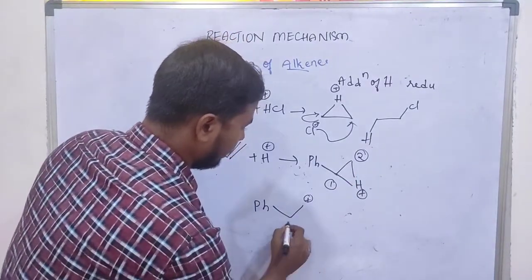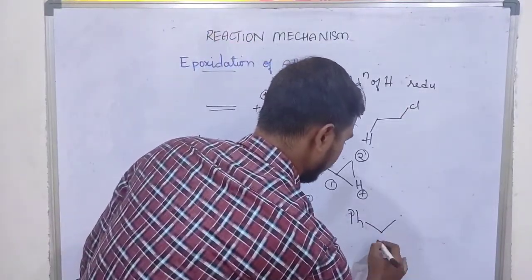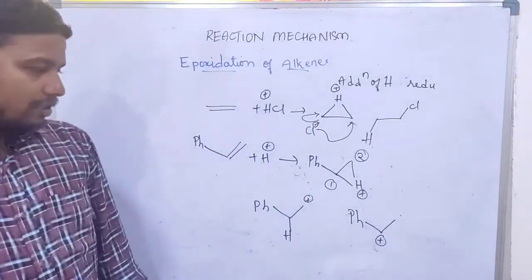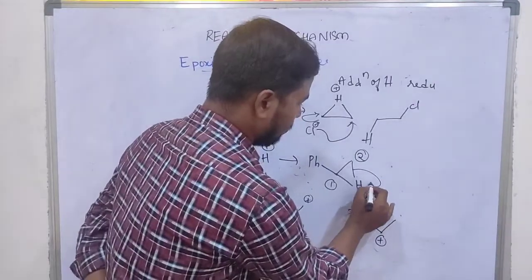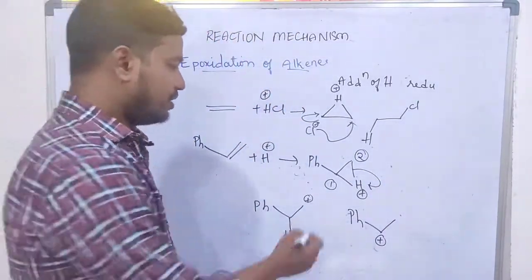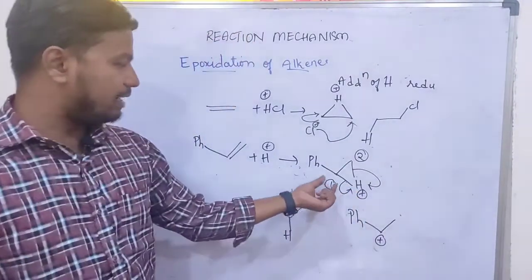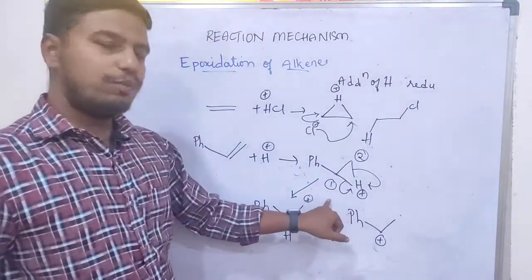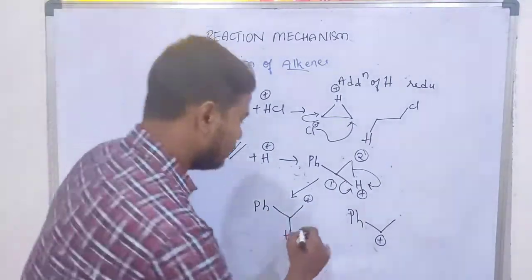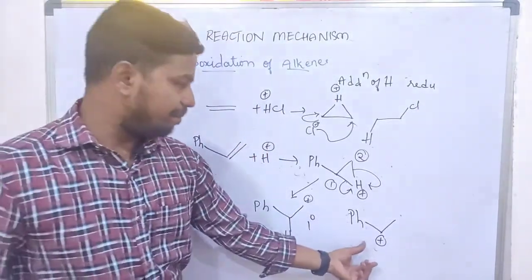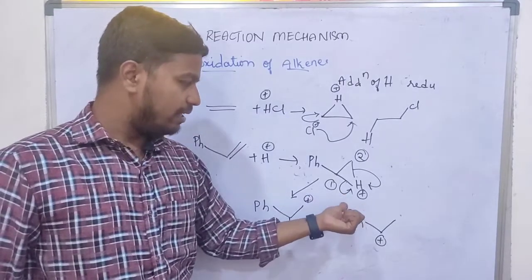So formation of carbocation here is one chance, and another is formation of carbocation here. So these two carbocations are formed. How is it going to happen? If the bond is shifted like this, the resulting formation is this. If the bond is shifting like this, that means the chlorine atom is attacking from here or here. From the first position, if it attacks, the formation of carbocation would be like this. That means the generation is primary. It is a primary carbocation. But here, when the possibility is like this, it is following the first pathway, number one pathway.